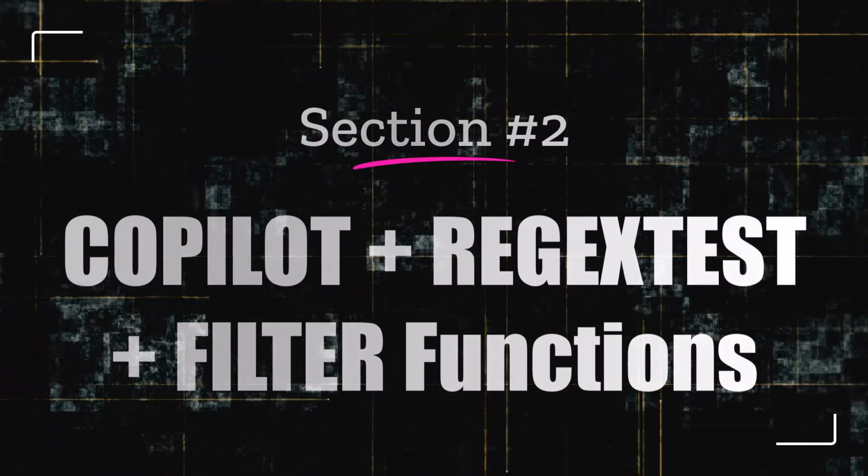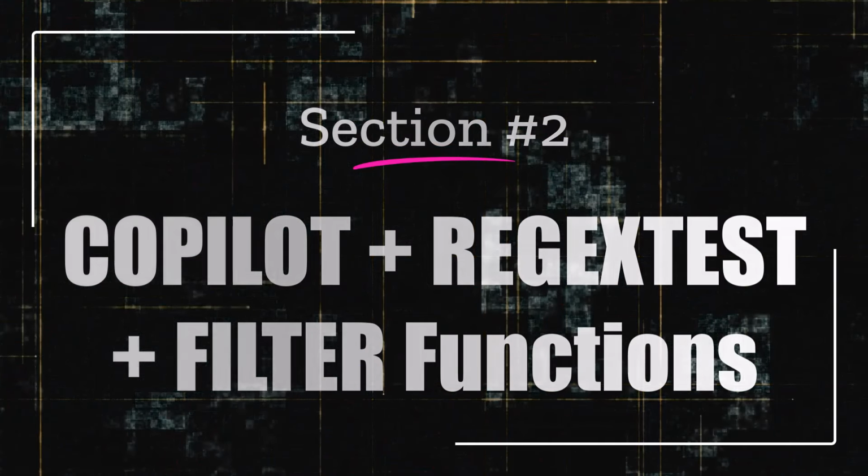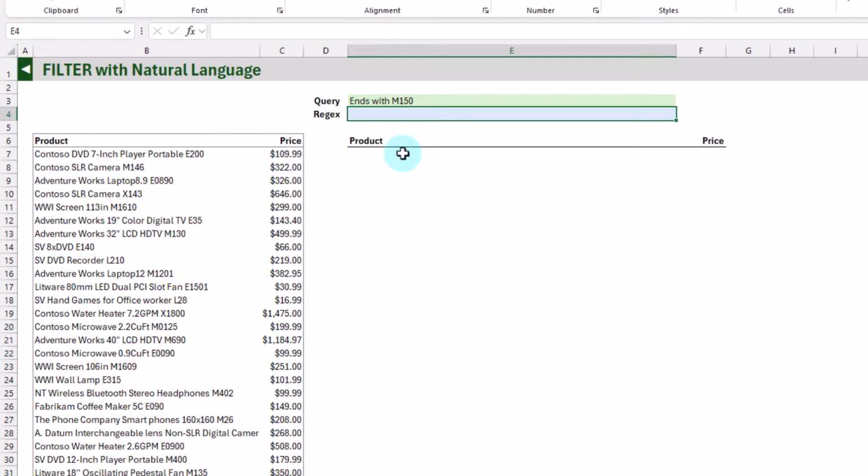So this is going to rely on some AI and regex. First, we're going to use AI to build out our regex pattern. And then we're going to use one of the regex functions to build out our filter criteria. So here we're going to use the Copilot function. Currently this is in the Beta Insiders version of Excel, so you're going to need to be on the beta channel for this, but this will be coming to other